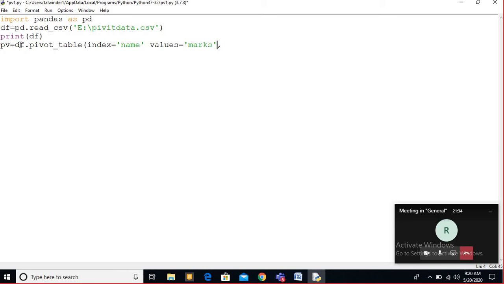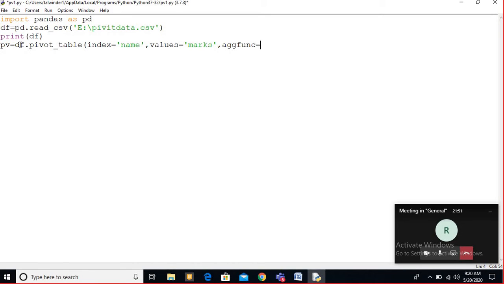Then in this, listen students, you can use an aggregate function. The third parameter will be the aggregate function, aggfunc is equal to.